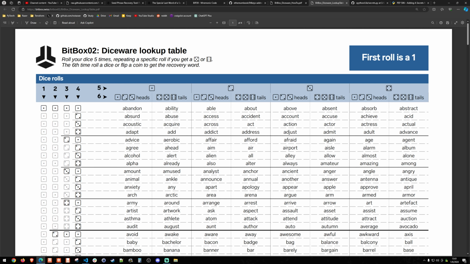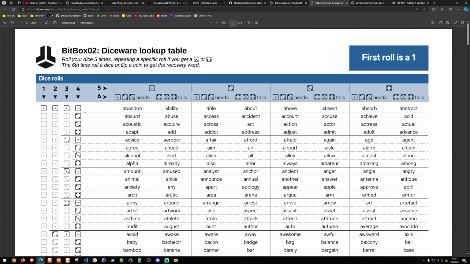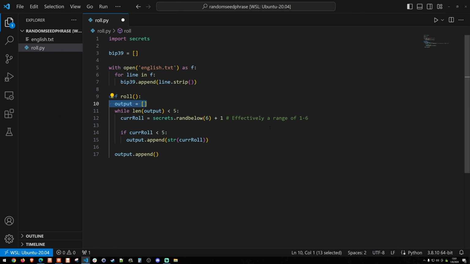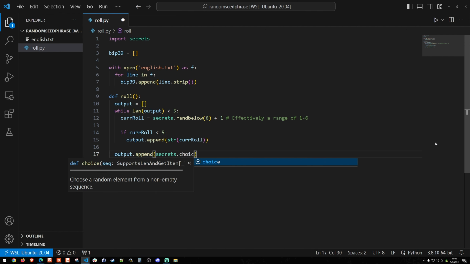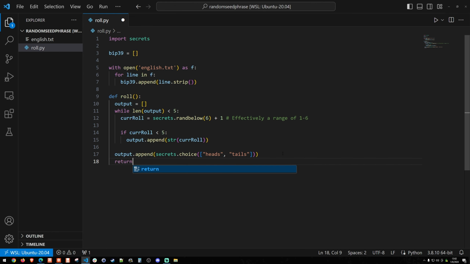And so the last thing that we need to do is just choose between heads or tails. And we can do that with secrets.choice heads or tails. Now you might be asking yourself, okay, well there's 3 options that are equal to heads and 3 options that are equal to tails. Well, that's a 50-50 chance, and so I think it's sufficient to just use a secrets.choice, which again is going to be in this output.append, secrets.choice, and the list will just be heads, tails. And that's going to be the same thing as having a choice between either the 1, 2, 3 or the 4, 5, 6. So then we can just do return output, and we can basically see what that looks like